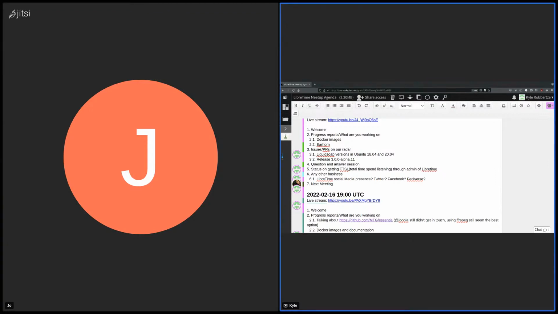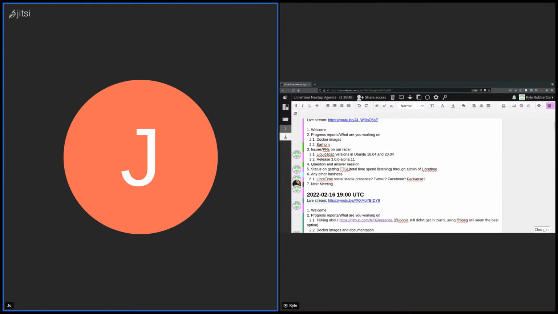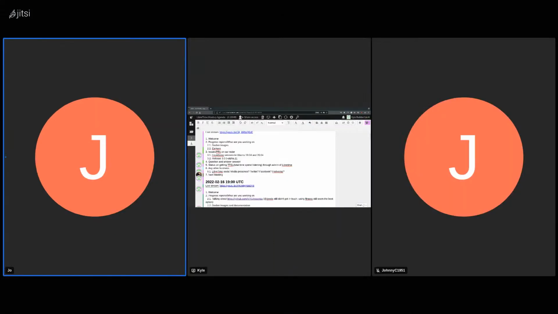Cool. Then is there anything else that we need to kind of hash out about Alpha 11? Maybe just warn the people that it contains a lot of breaking changes, yes, and people need to be really thorough when upgrading, like applying every upgrade step with being really cautious when doing it.